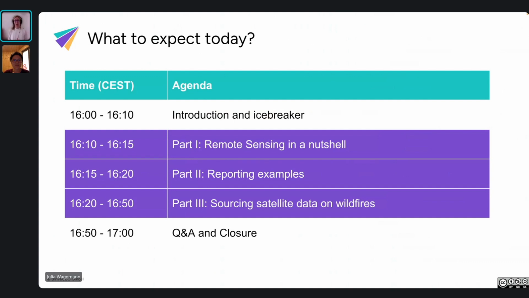Then we will give you an example of how other newsrooms and news agencies already use data for wildfires in their reporting. And then a third part introduces you to 3 web visualization portals that help you get access to satellite data for wildfires. At the end, you will have an opportunity to ask questions, and we will have a closure of the workshop.